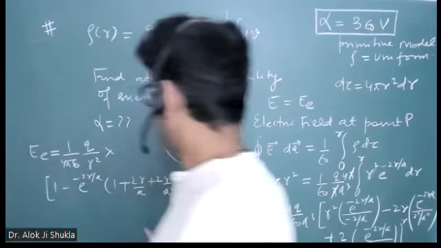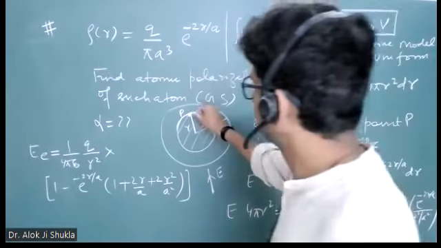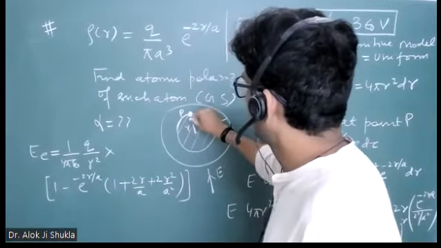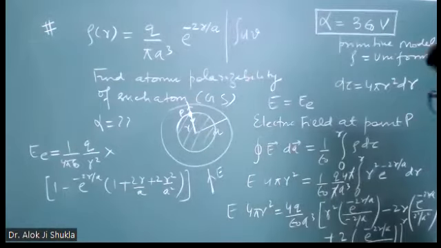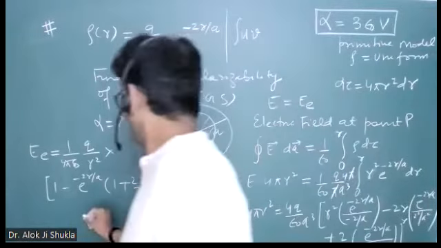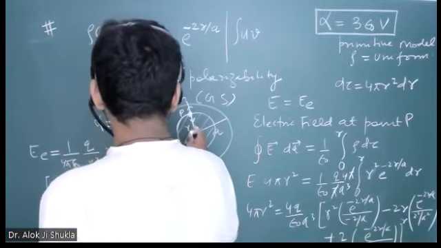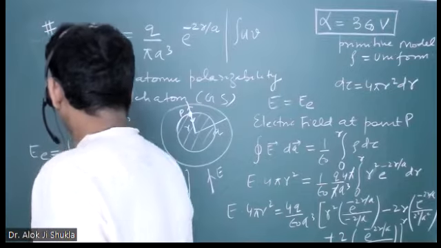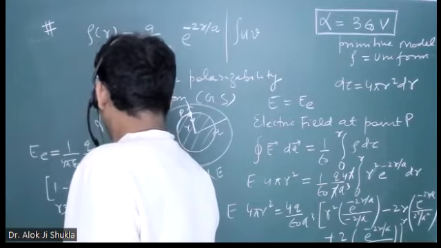So you can see that at equilibrium what will happen? The field that is created here will be balanced by field E. Yes, like we did last time. So E will become equal at some R equal to D. It will balance and it will become 1 upon 4 pi epsilon naught Q